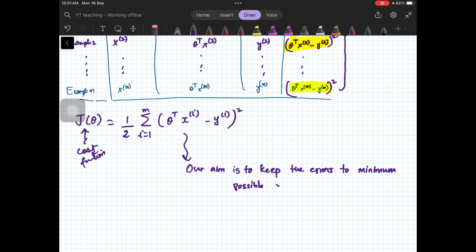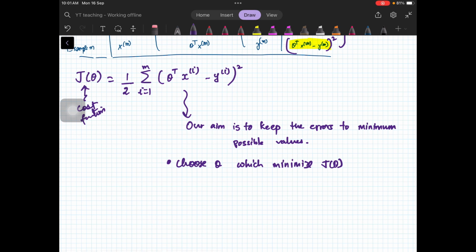Okay, so what you can do is take the derivative of j theta. So choose theta which minimizes j theta. So that is one thing, right? From calculus, that is why they say that for machine learning you need to know calculus first. From our calculus course, we know that